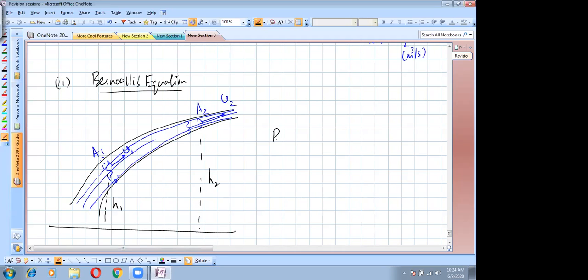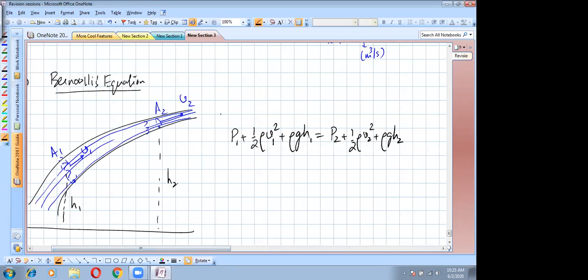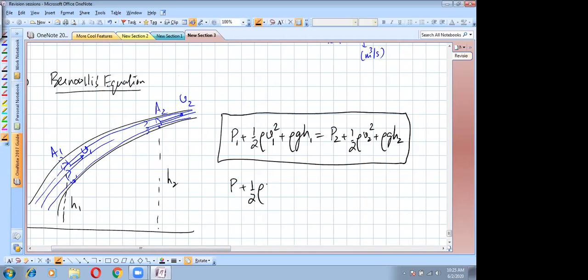Then pressure here plus half rho V1 square plus rho G H1 is equal to pressure here plus half rho V2 square plus rho G H2. So this is the statement of Bernoulli's equation, where P plus half rho V square plus rho G H remains uniform,